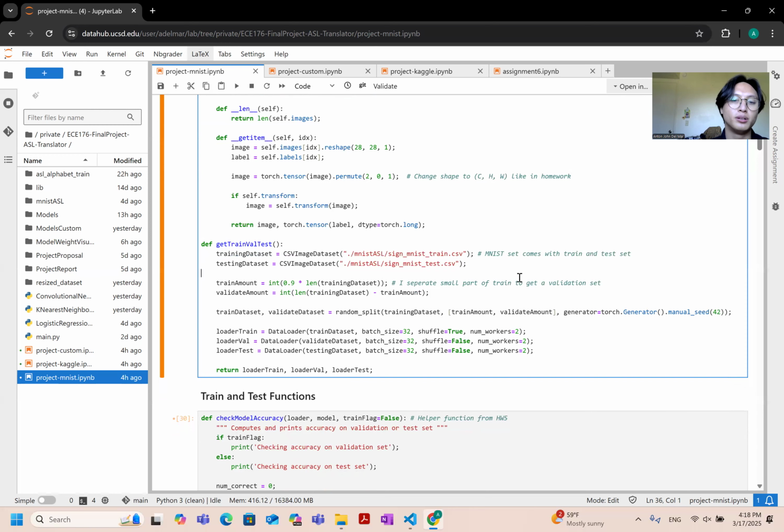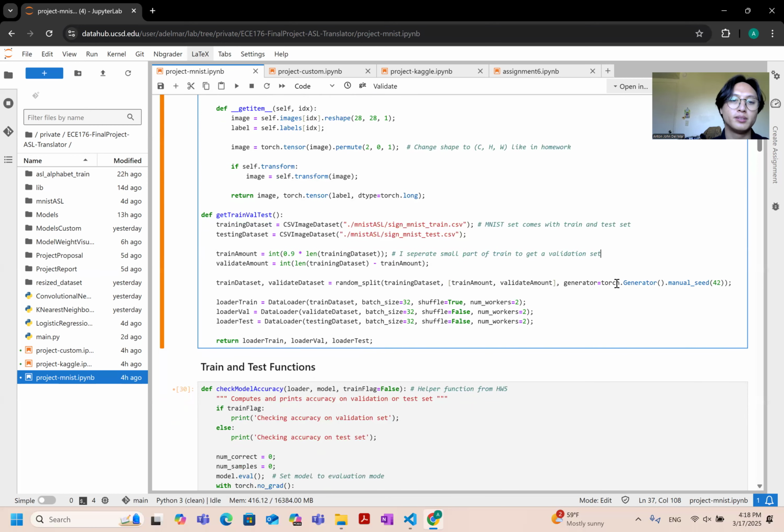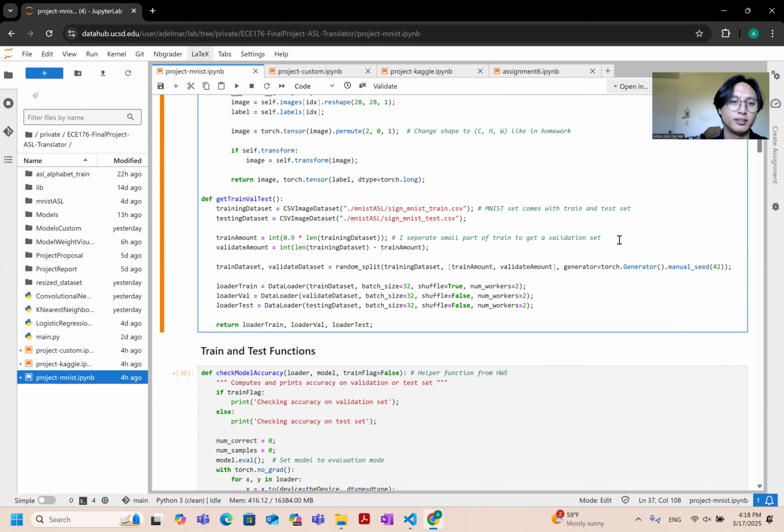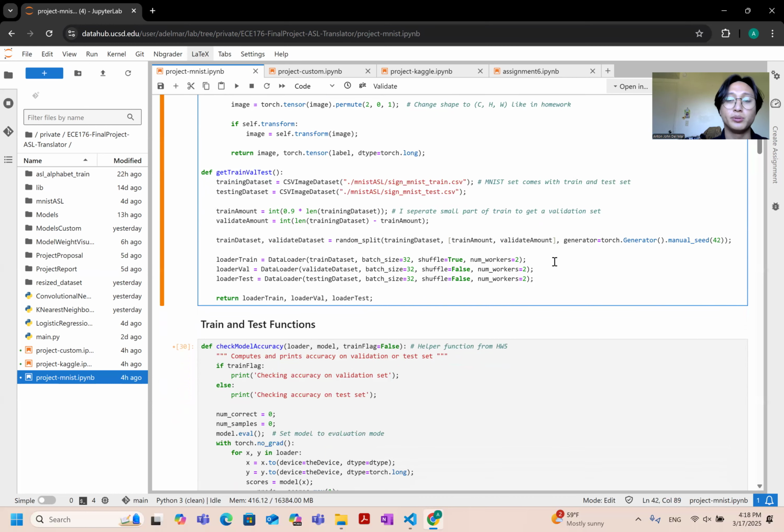The MNIST dataset does not include a validation set, so I took 10% of the images from the training set to make a validation set. So we split the dataset, and then we can use the PyTorch data loader to load our training,